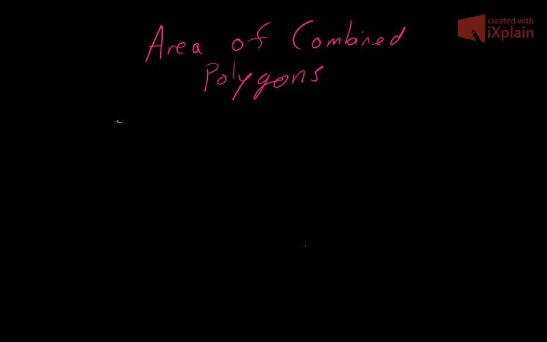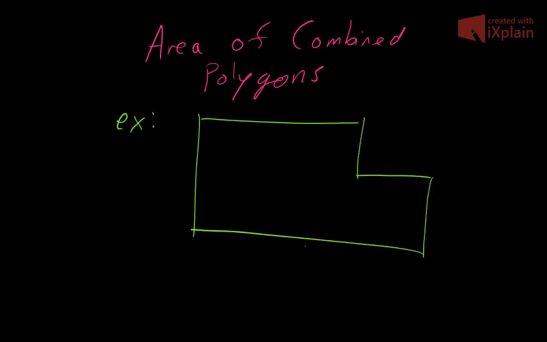I think the best way to do this is to look at an example. So my example is going to look something like this. And I'm going to fill in some side lengths for us. So this is going to be a 10. Over here I'm going to have a 7. Down bottom I'm going to have a 15. And up top I want to have, let's make that a 10. That looks like about 10. Why not? So if I'm given this and I'm asked to find the area,